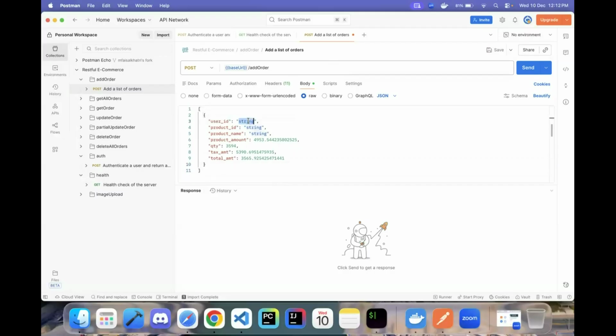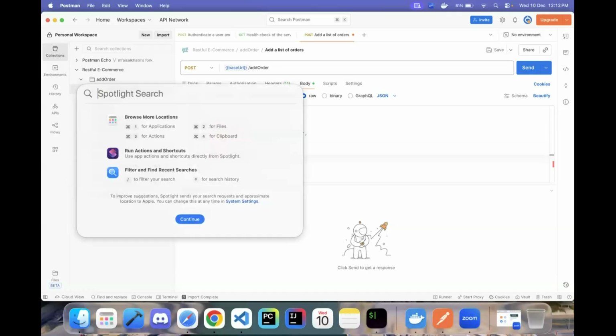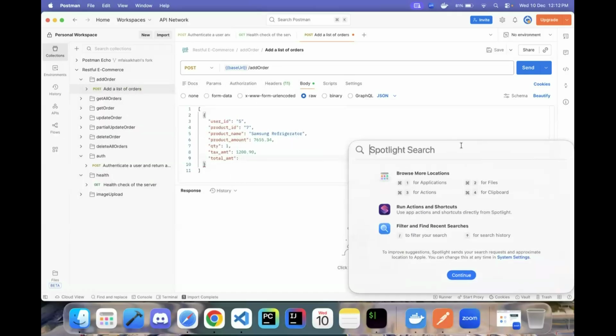So let's set the user ID to maybe 5, product ID to 7. Let's set the product name to Samsung refrigerator, and let's set the product amount to 7655.34. Quantity 1. Let's set the tax amount to 1200.90, and the total amount should be, let's calculate the total amount here,